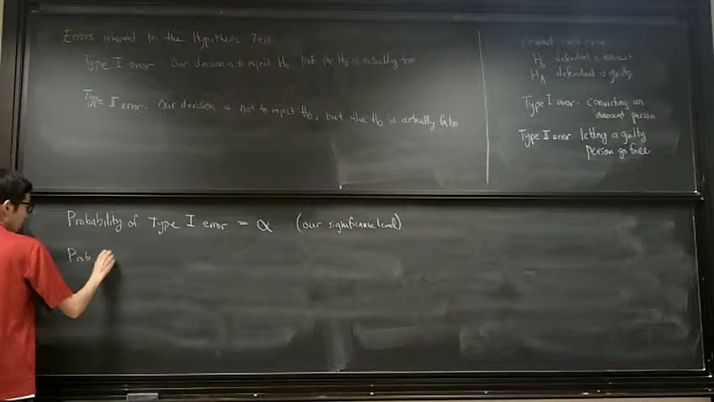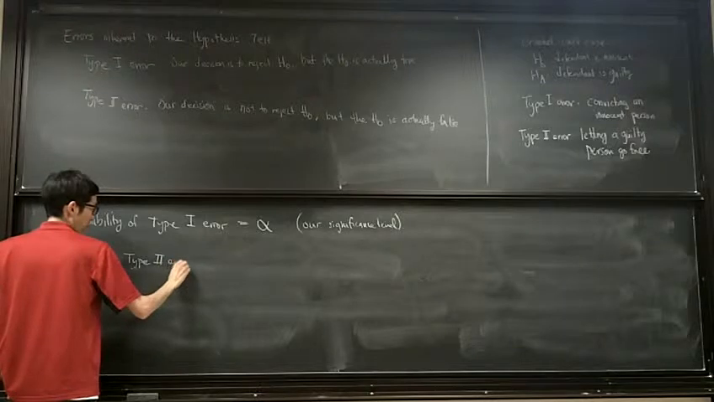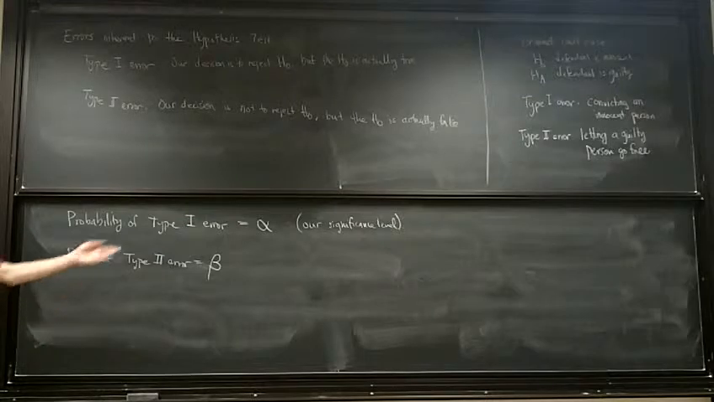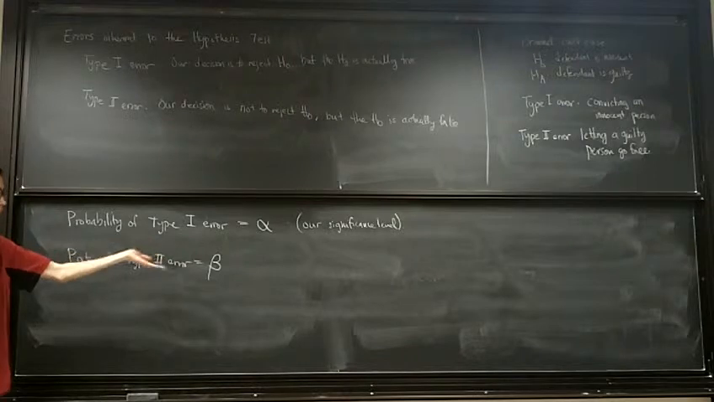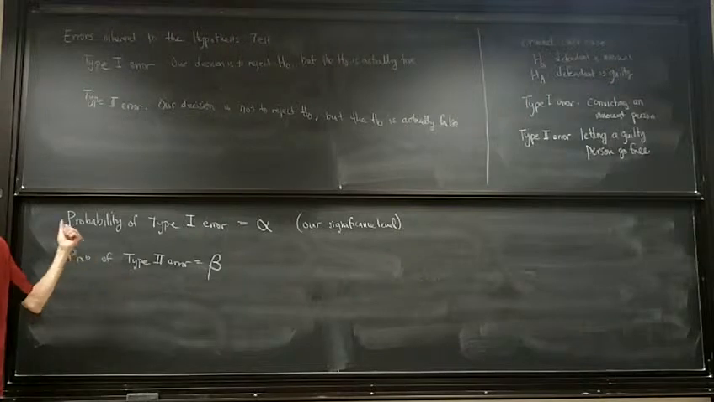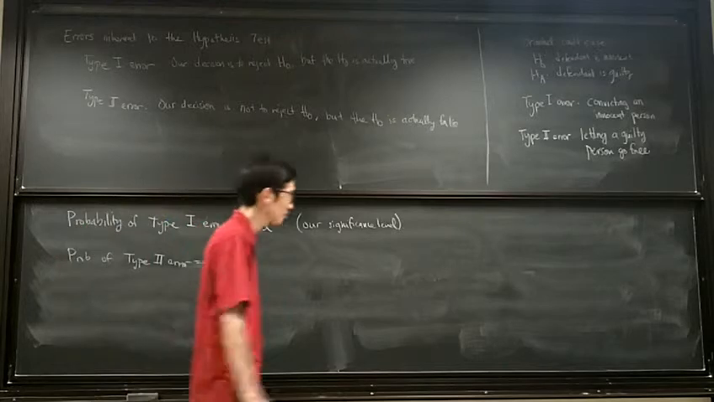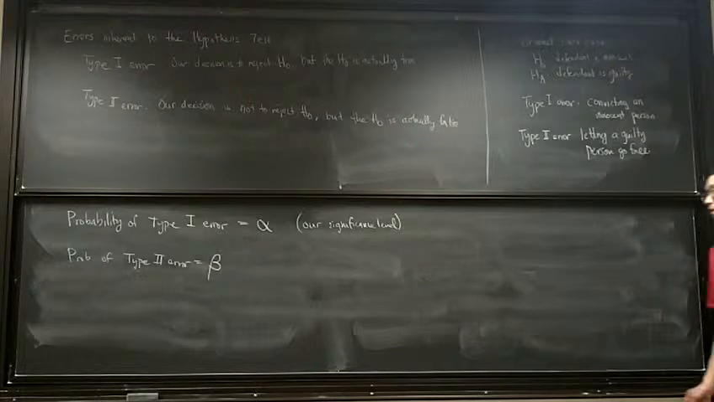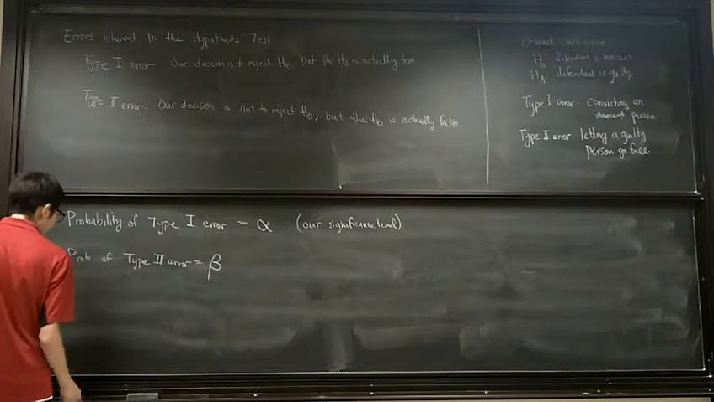The probability of a type 2 error is beta, okay? So alpha is the first letter of the Greek alphabet. It's like A. And then beta is the second letter of the Greek alphabet, so that's B. Okay? First letter is A, second letter is B. Alpha, beta. That's actually where we get the word alphabet. Okay? So we have alpha and beta, probability of a type 2 error. And